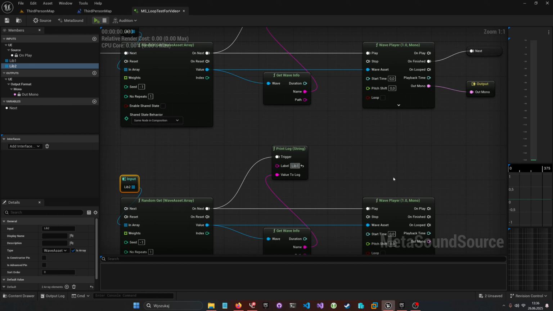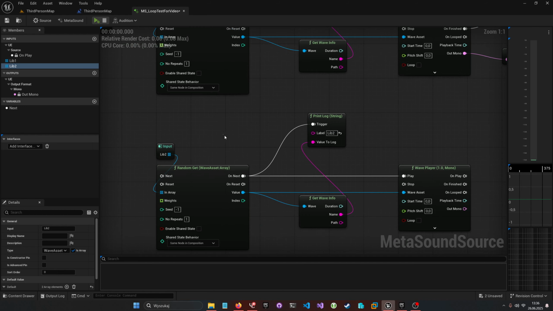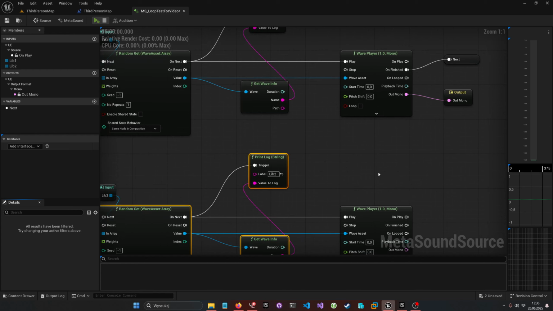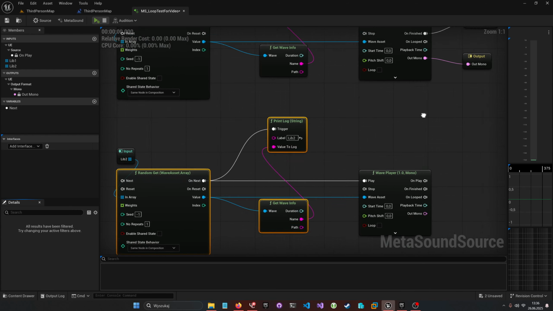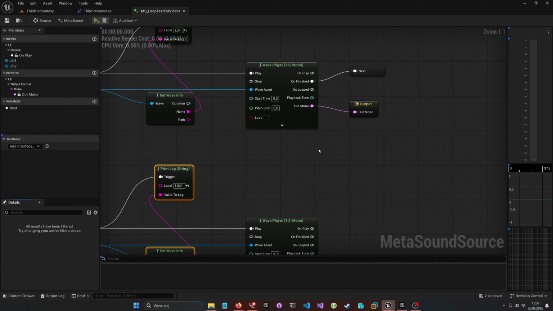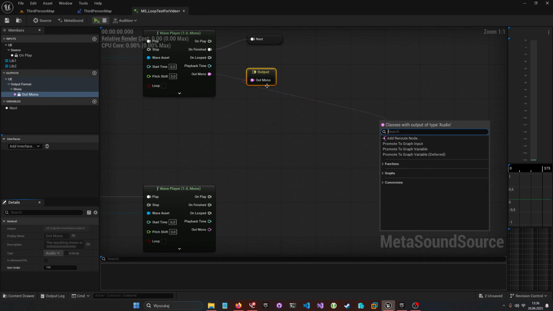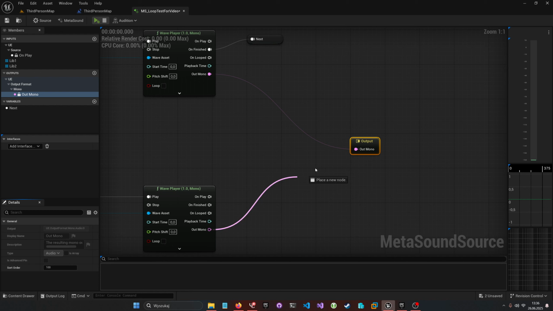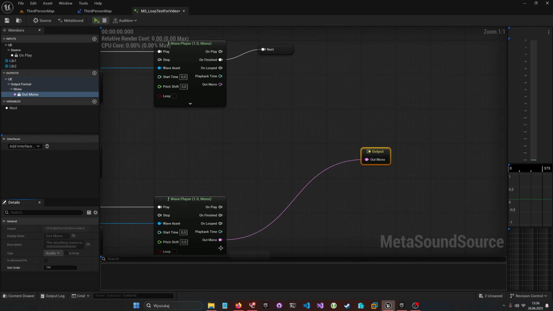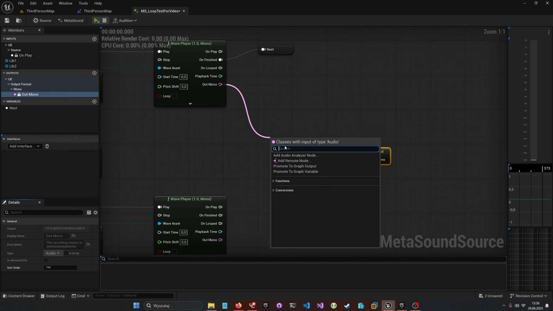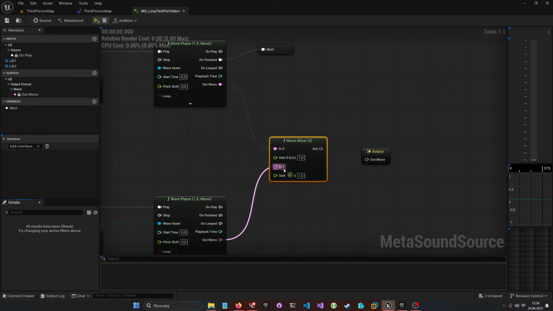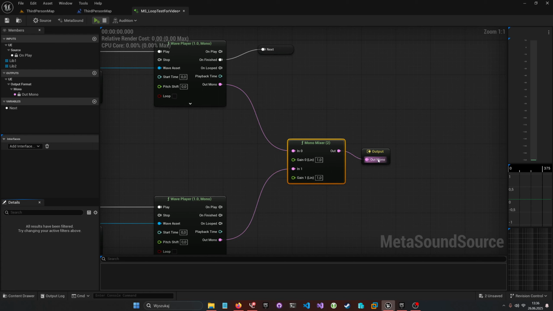This will be called lib2, of course. Still gonna get the wave info, but we'll know if the lib is 2 or 1. And for mono, we can't really connect two mono sounds. We have to blend them or mix. So we just do mono mixer 2, have those two, in, out,